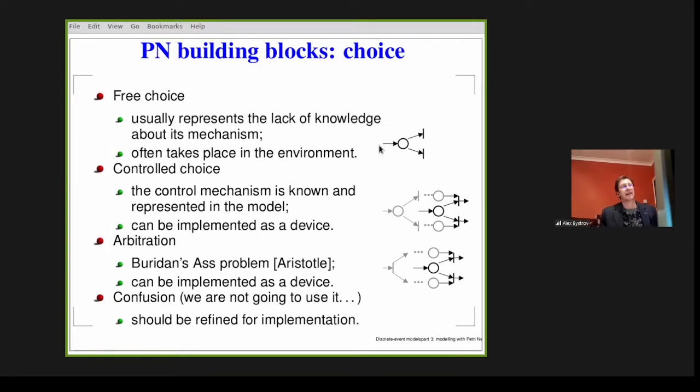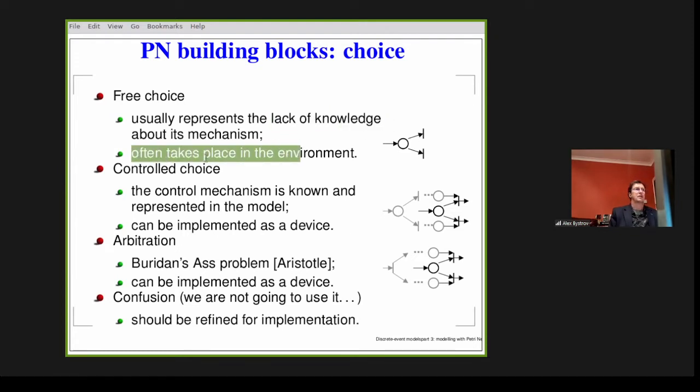If you don't care what the value of the counter is, then we can say that the system may take either one branch or the other branch, depending on the value of the counter, but we are not looking at it. So it's abstraction, we're ignoring it. So usually free choice in models occurs as a result of abstracting away from detail or lack of knowledge.